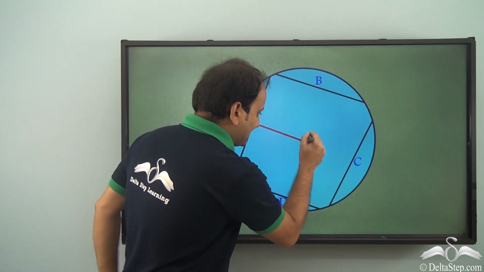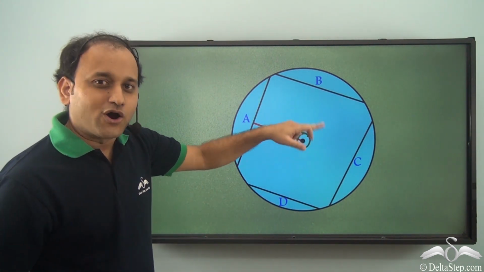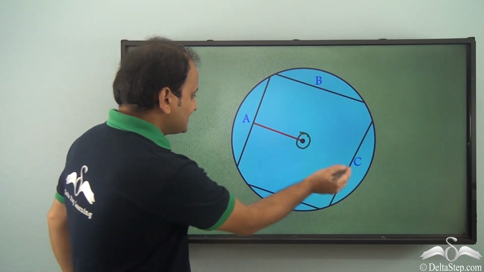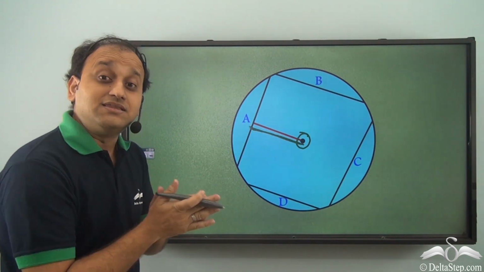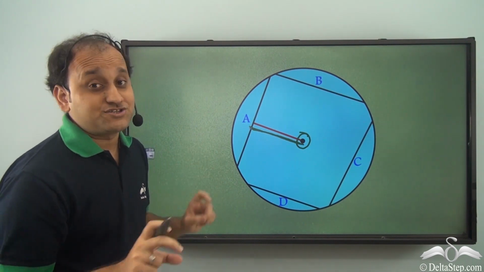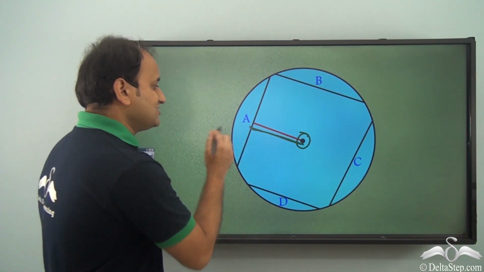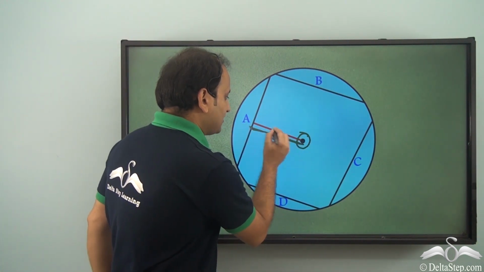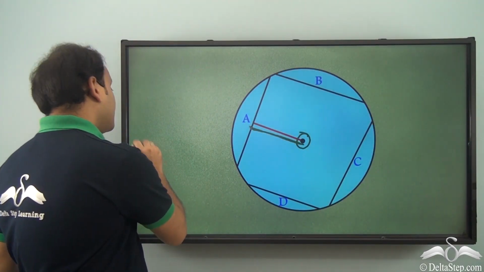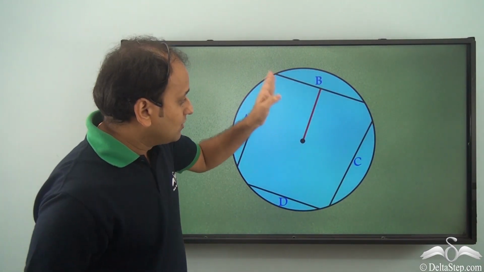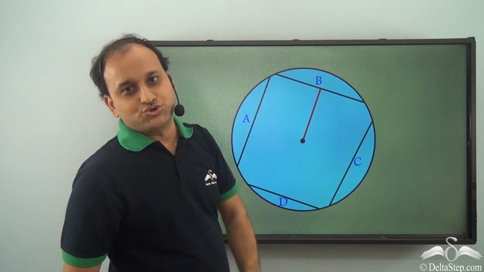Also, this center is the center of the circle or the island, and this line segment here is nothing but the wooden plank which the gardener was using. So, what did he see? He saw that this particular plank exactly reached garden A. Now, the same line segment could reach garden B too.